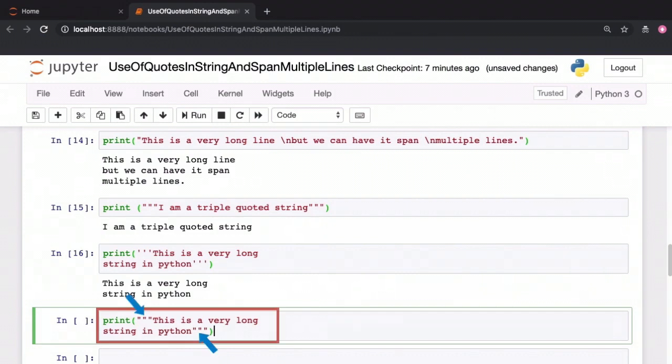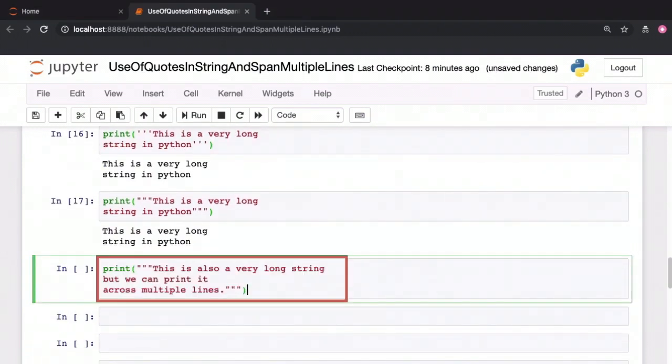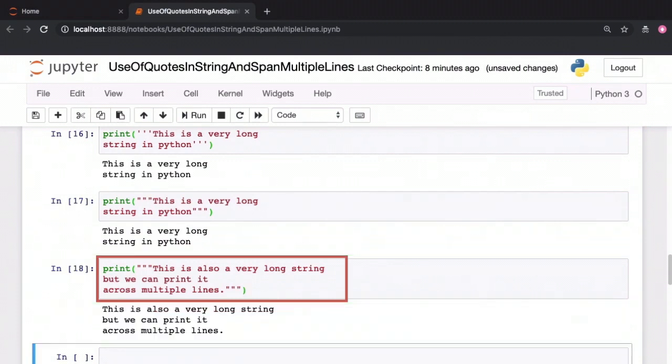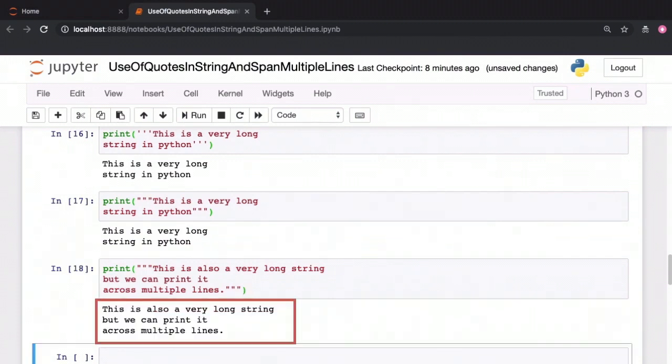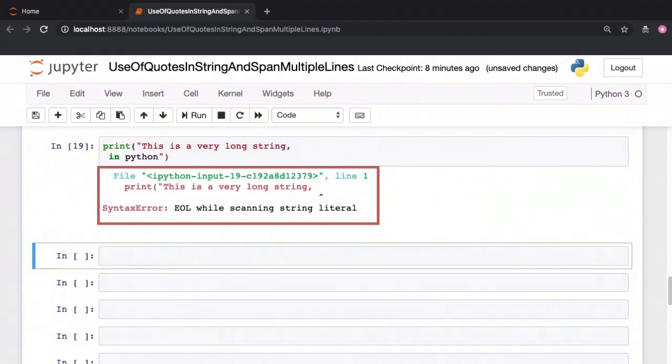So for strings that span multiple lines, use the triple quotes. You can use 3 single quotes or 3 double quotes. They work exactly the same way. So rather than using the new line character, the best practice in Python is to use the triple quote for multi-line strings. You can see a number of different examples here. All of these are strings with multiple new line characters. All of these work and they can be specified using triple quotes. The triple quotes here are a must. Try specifying a multi-line string which has a new line character within it using double quotes, and you will see that Python will immediately throw an error. It's not able to parse the new line within double quotes.